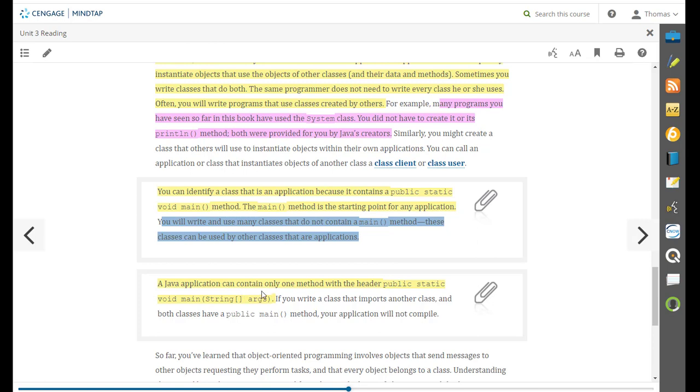A Java application can contain only one method with the header public static void main (String[] args). So you cannot use that in the classes that are not applications that you call. Those are in the applications you